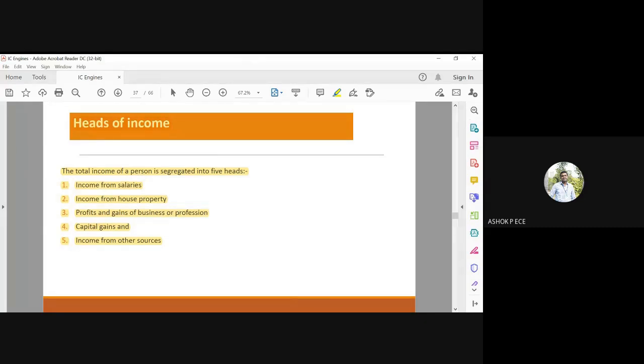Even on the income tax of India government website, you have to log your income only under these 5 categories of income. You might have other categories, but you have to fit into these 5 categories only for filing your